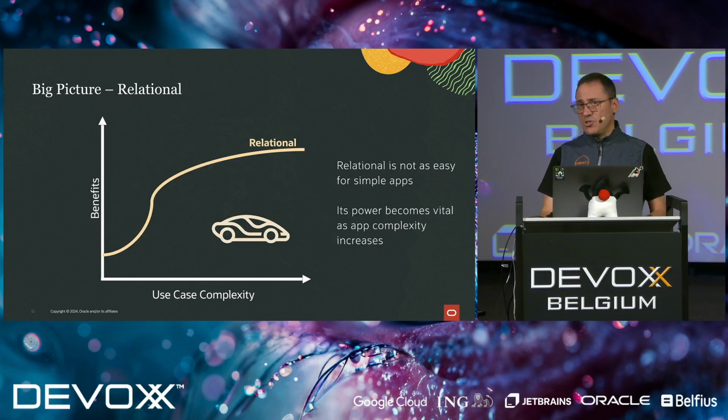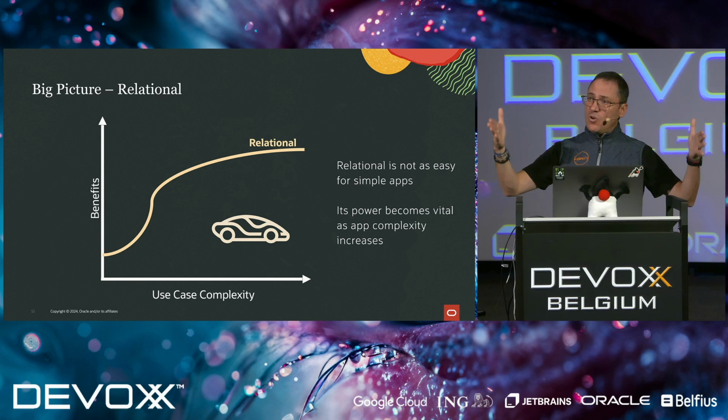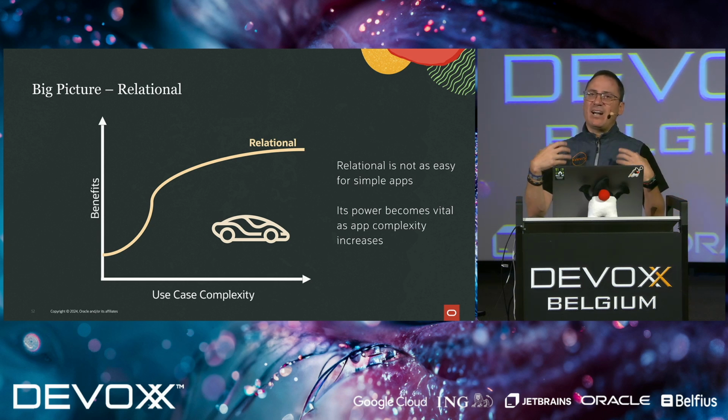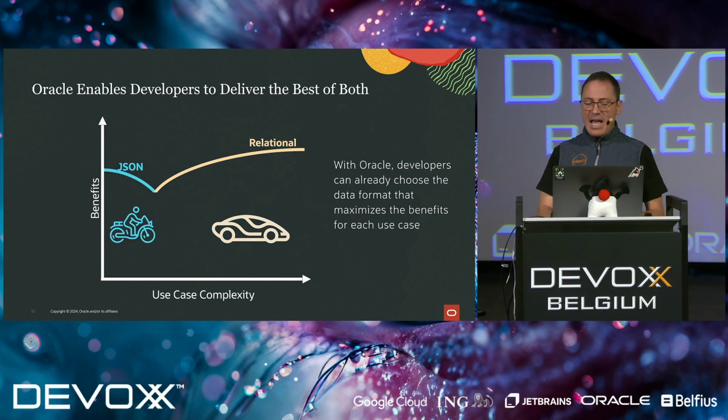In the case of relational, there's a lot of work that we have to do upfront. There's a lot of things that we have to think early on in order to make our lives easier. And if we don't, again, we have to deal with migrations. But once the application continues to grow in complexity, we see that all that work that we did early on actually pays off. Now, is there a way that we can have both?